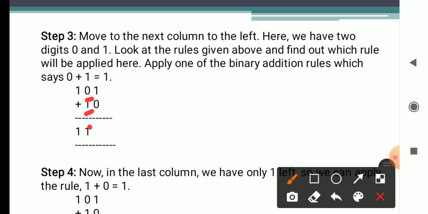Already we added the leftmost bit 1 plus 0, we get the result as 1, and moving to the left side 0 plus 1, again we get 1 as result. Now the fourth step is,